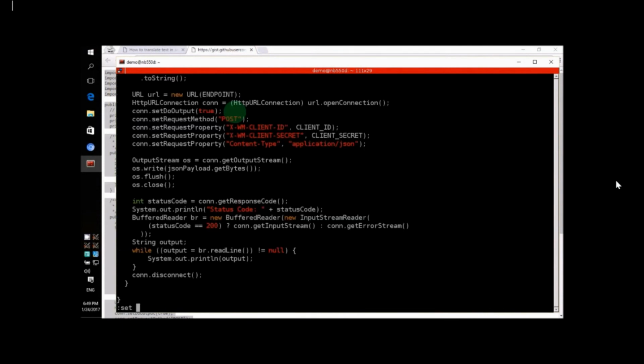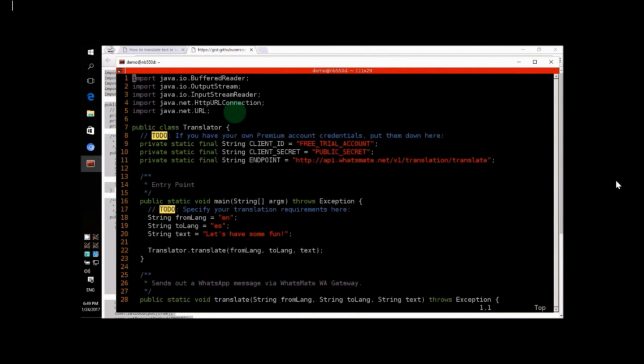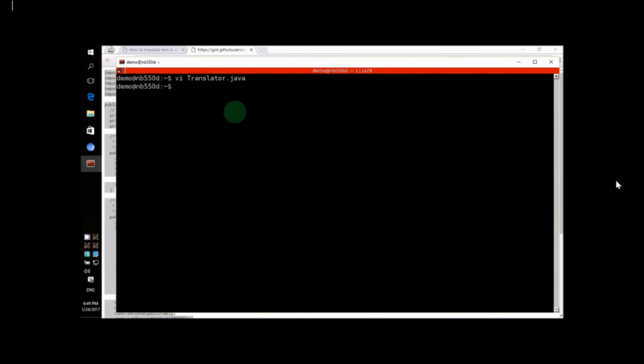open your command line prompt, paste it in there. Alright, so yeah, we've got all the documentation, import java.io.BufferedReader. These are just all the import libraries. Okay, so